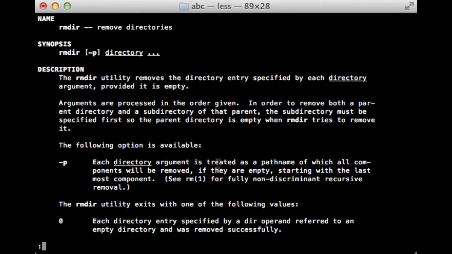So each directory argument is treated as a path name, of which all components will be removed if they are empty, starting with the last most component. So it will start with the last, like last directory which is there inside a particular directory.